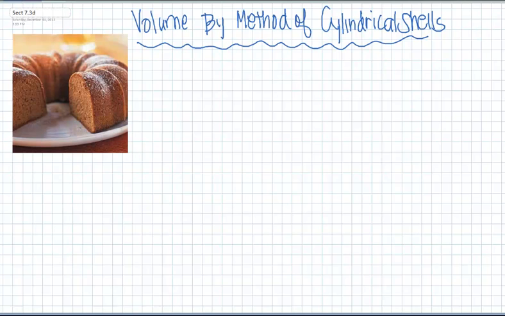We are going to work on a new method of volume, and it's called volume by the method of cylindrical shells. And over here we have a picture of a bundt cake. I'm sure some of you have seen one of these at some point. So our first example is actually going to be based on this, and we are going to find the region